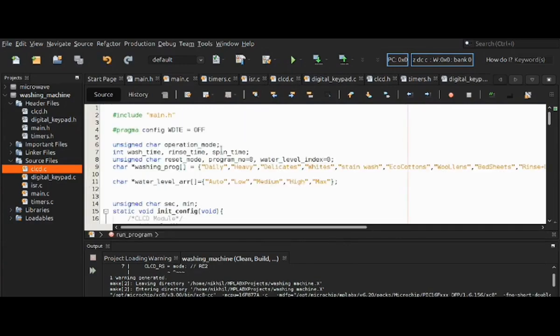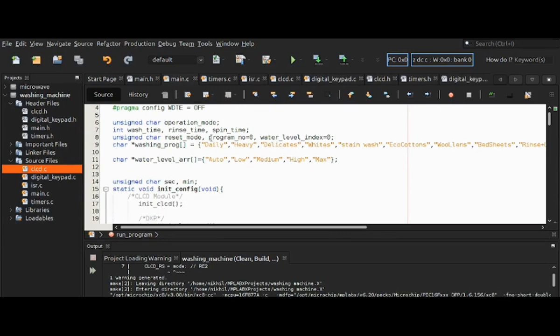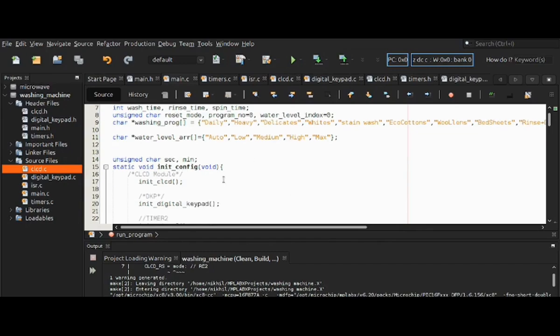Now coming to the main C file, as you can see we started by including the main header file. Next we explore the various functions of the washing machine program, which are daily, heavy, delicates, whites, stain wash, eco cottons, woolens, bed sheets, rinse and dry. After selecting any of the options, we go to the next step where we select the water level: auto, low, medium, high, max. So you can select one of these options as your water level, and after that